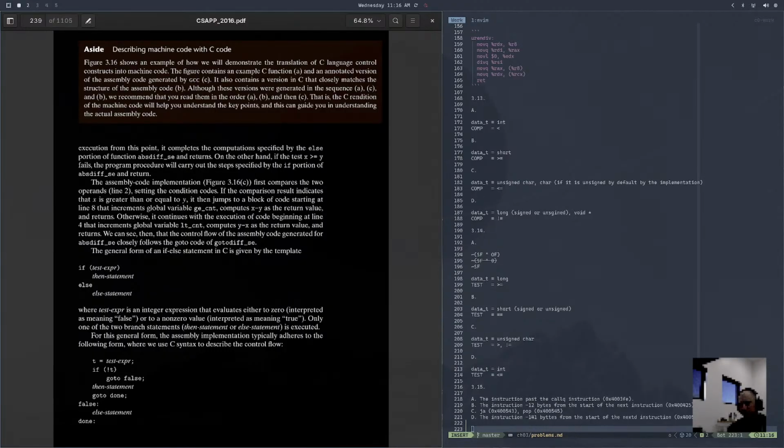So we do a test expression, and then we jump. Then go to done. We don't have it done in the previous example because it's not necessary with the early return. Figure 3.16 shows an example of how we will demonstrate the translation